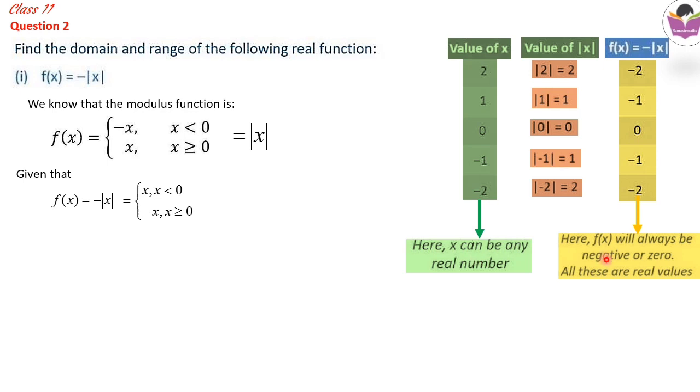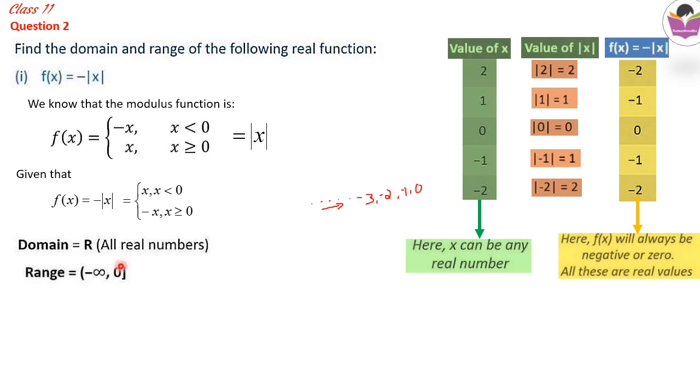So by using these two conditions, we have to write the domain and range. The domain will always be all real numbers, meaning any input you can give. But the range is from 0 to any negative number, going up to infinity. When we check, negative numbers come from infinity, maybe minus 3, minus 2, minus 1, up to 0. It can take up to 0, and it comes from infinity, that's why it is written as minus infinity to 0.